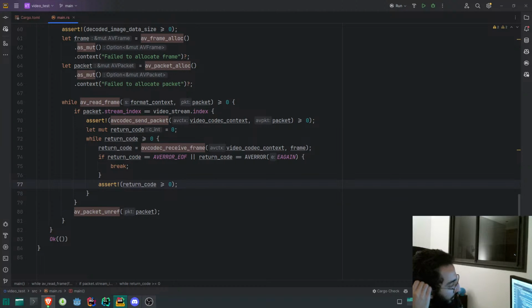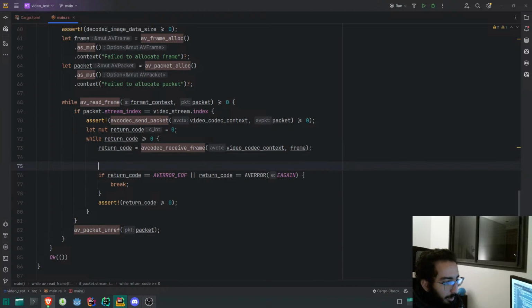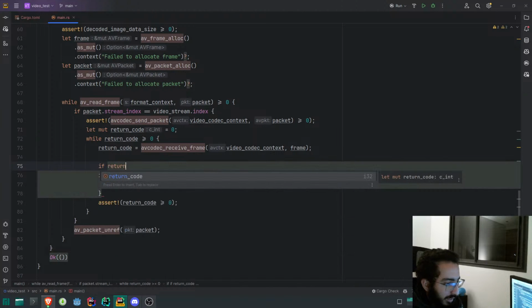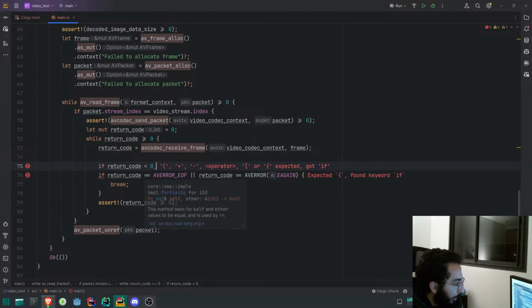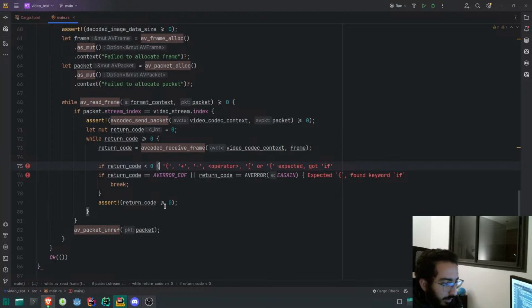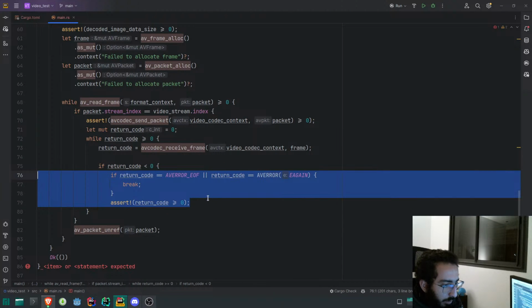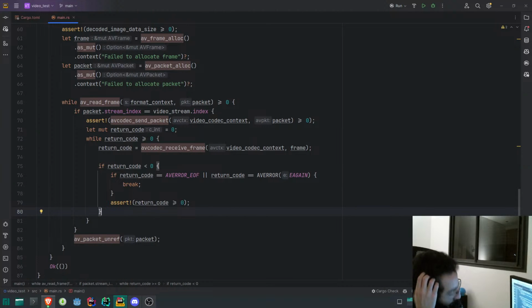Greater than. But hold on. Yeah, it's very weird, honestly. But essentially, let me just do it as they're doing it exactly, because this is a super weird thing they're doing there. So I'm probably gonna get it wrong. So if return code is less than 0, what they're doing is if ret equal AV error AF or that,